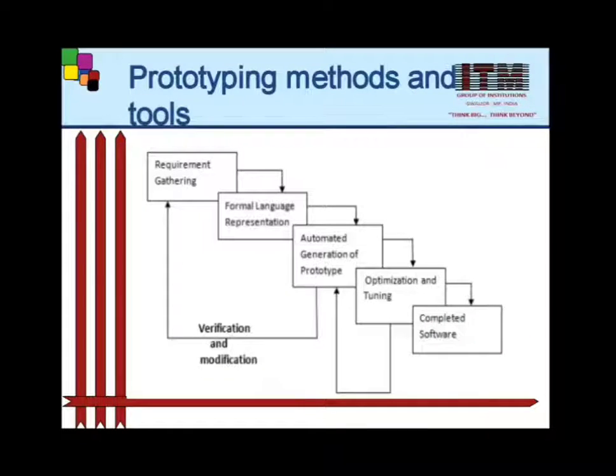In this phase, although still in early stages of development and application, such an environment offers substantial hope for improved prototyping and software development productivity. So in this way, there is also a need for verification and modification in some phases. So in this way the whole procedure works.